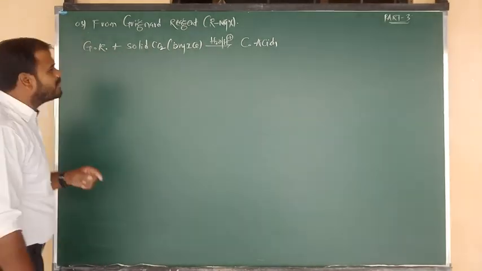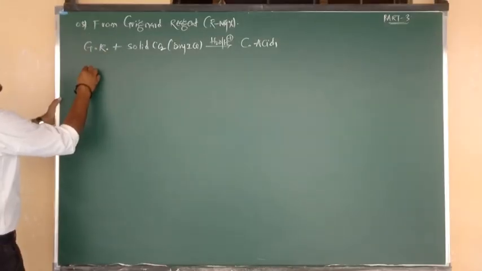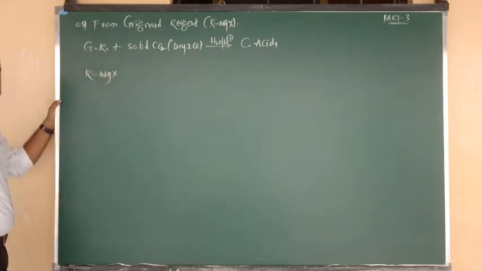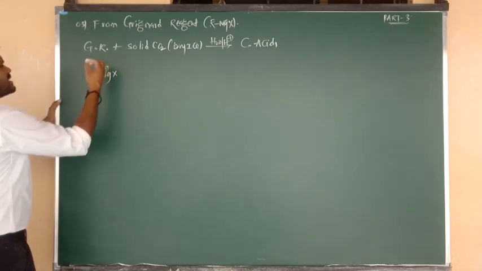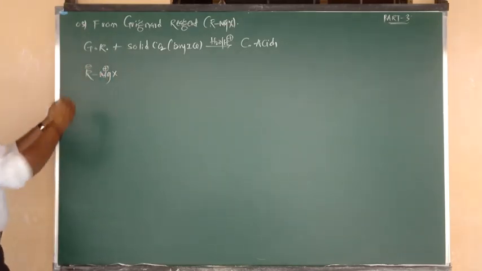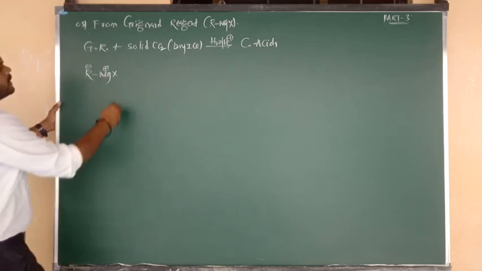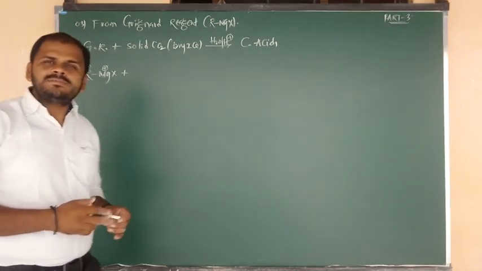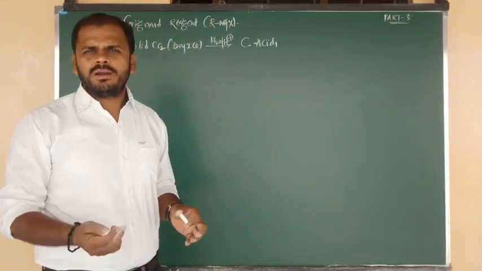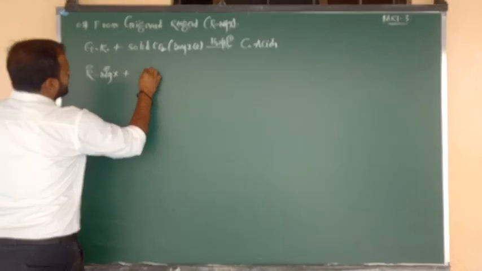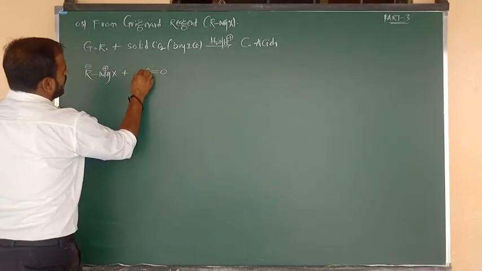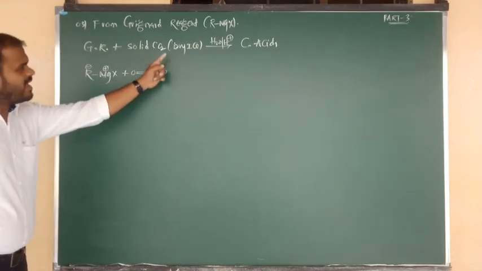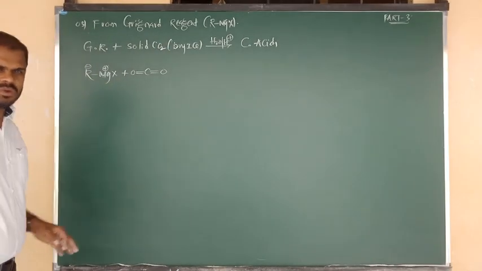Okay, let me go for the common statement. Grignard reagent, what is the formula? R bonded to Mg, MgX. Mg is a metal, so its charge is positive, and the surrounding carbon is non-metal, so it carries negative charge. So it undergoes reaction with what? Carboxylation. What is meant by carboxylation? Reaction with carbon dioxide. What is the formula of carbon dioxide? C double bond O, again C double bond O, nothing but CO2. Carbon dioxide has a linear shape. You know that very well.